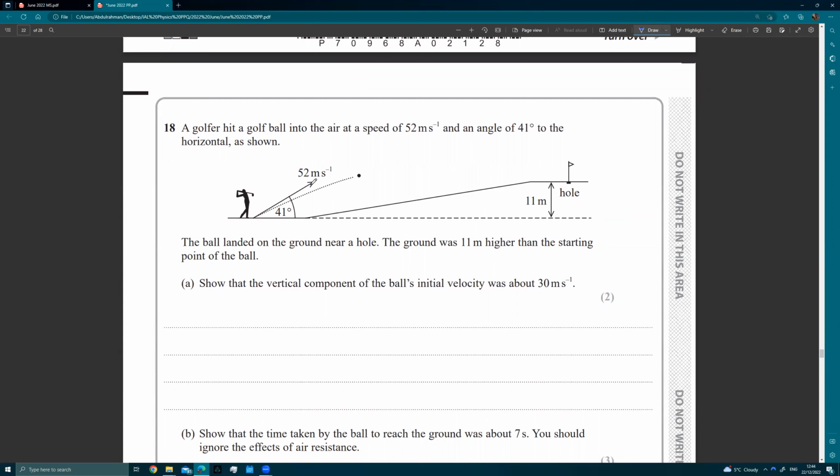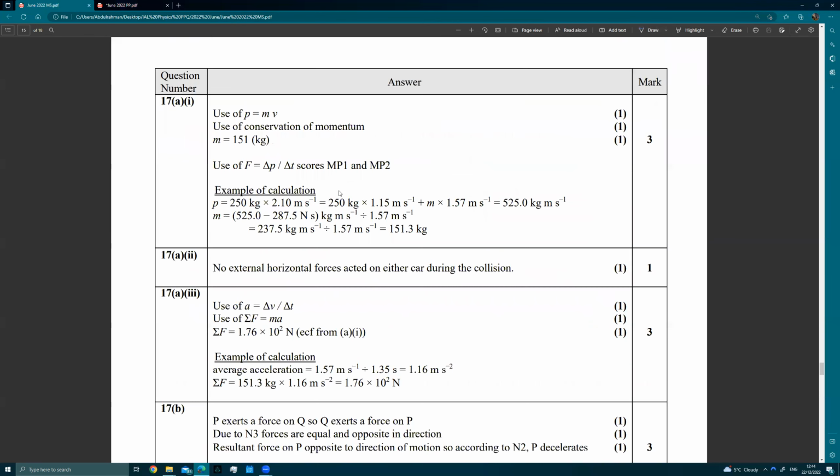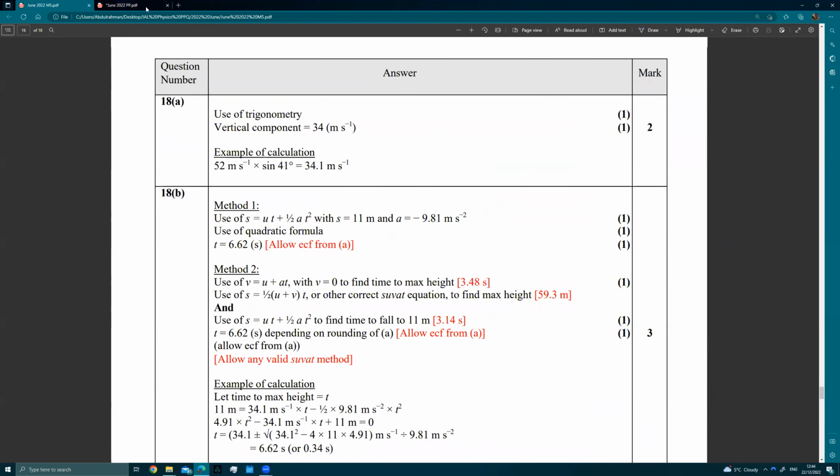Well, we're going to have to resolve the horizontal and vertical components of this 52 meters per second velocity. And we know that for any right angle triangle, where you know the hypotenuse and the angle, the side opposite the angle is hypotenuse sine theta, and the side adjacent is hypotenuse cosine theta. So it's going to be 52 sine 41, which when you put in your calculator, you get 34.1